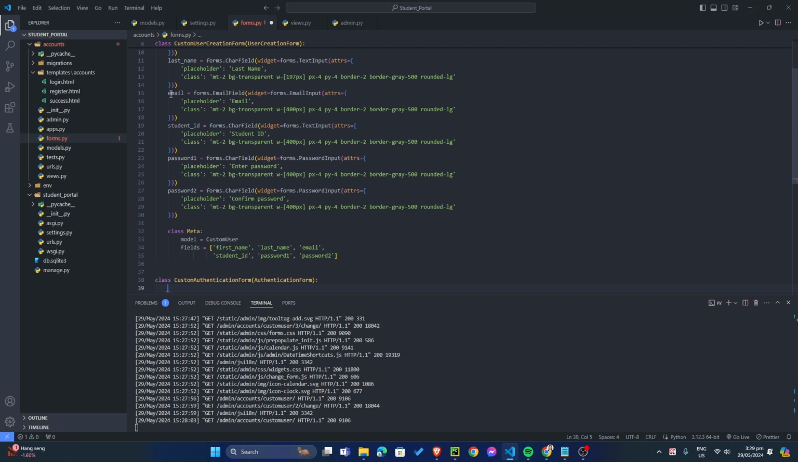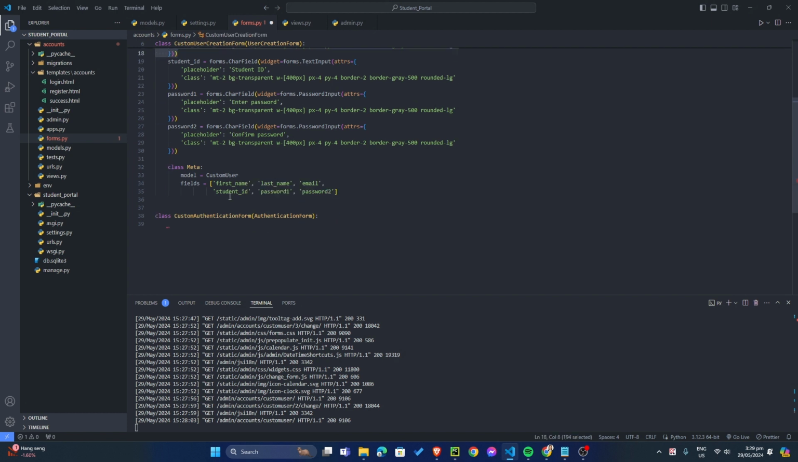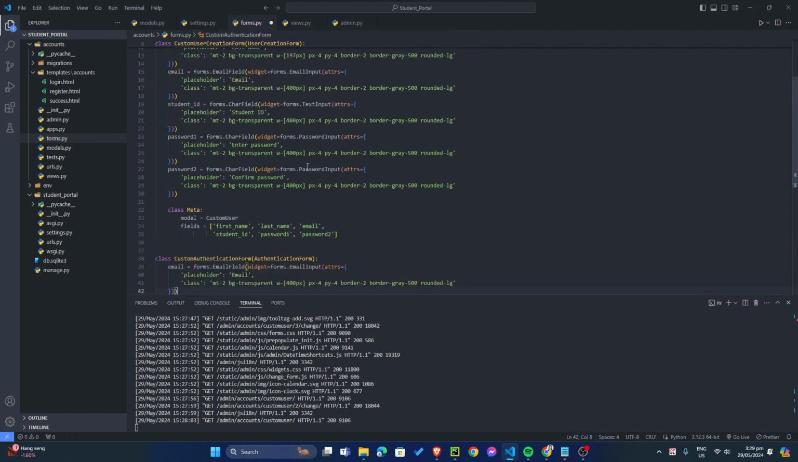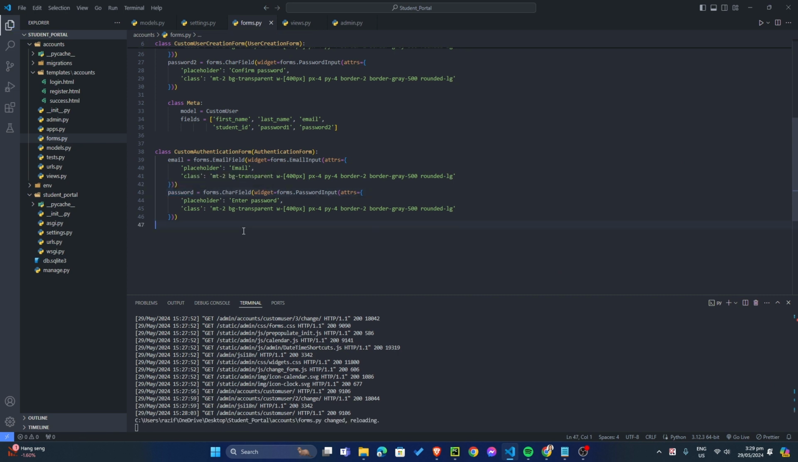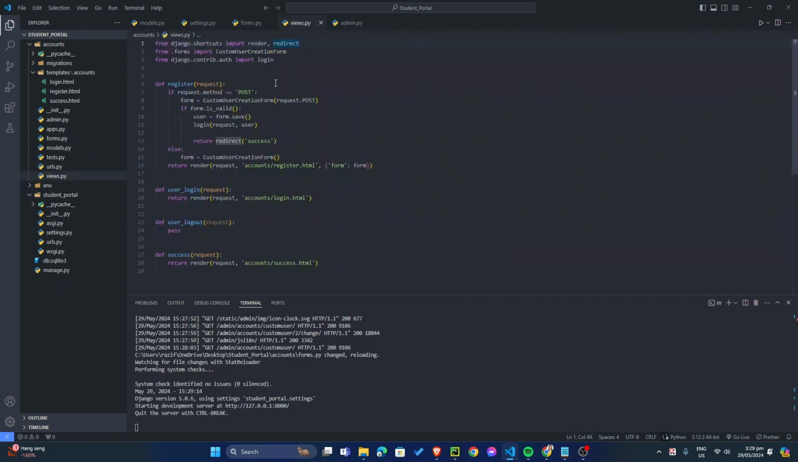So let's copy this email. So copy this password, but let's just make it password. So save that. Let's go back to our views, and then let's import custom authentication form, and then let's start